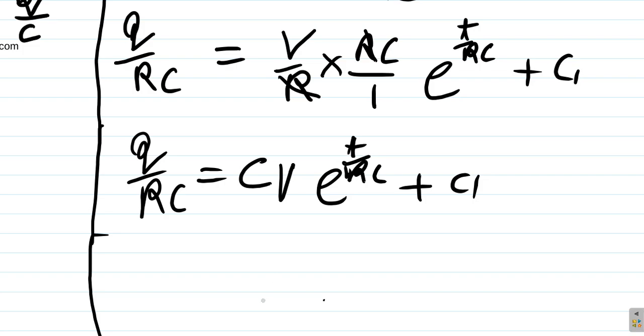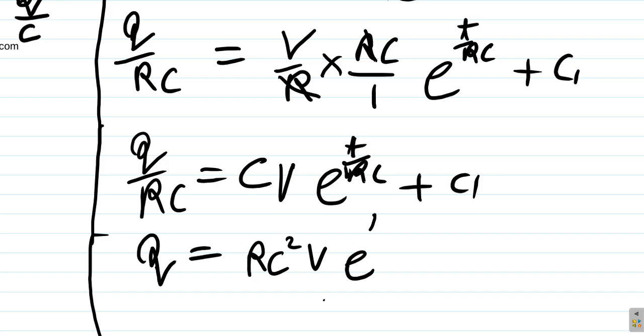Now, let us multiply both sides by rc. Alright? So what we get is q is equal to rc squared v e to the t over rc plus rc times constant of integration 1, c1. Alright, now what we have there, right, is,